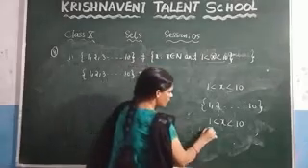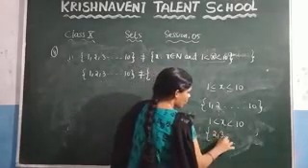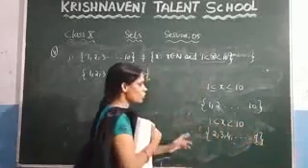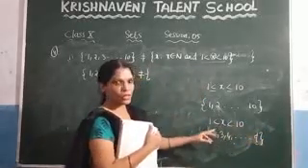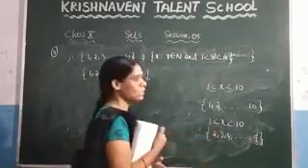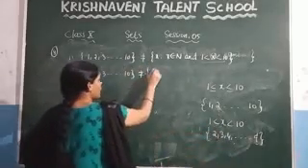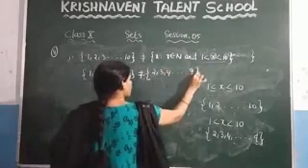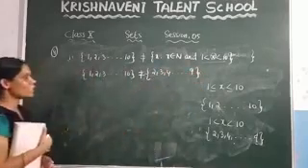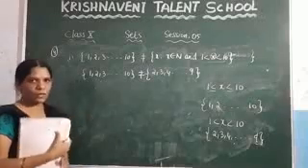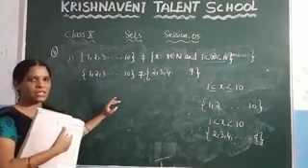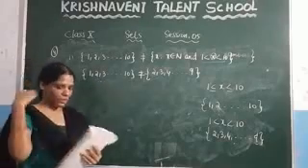So the set will contain 2, 3, 4 and so on up to 9, because we should not include 1 and 10, since the equality symbol is not there. So this set contains 2, 3, 4 and so on up to 9. Clearly you can observe that these two sets are not equal, because these two sets do not contain the same number of elements.